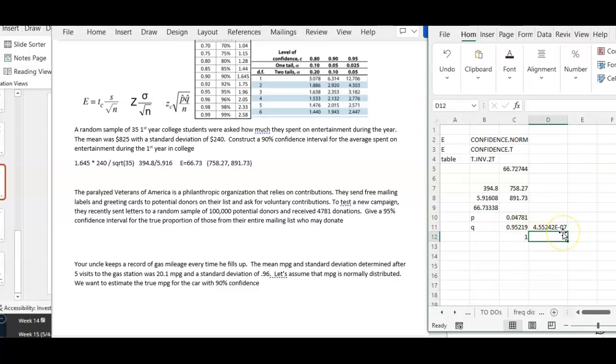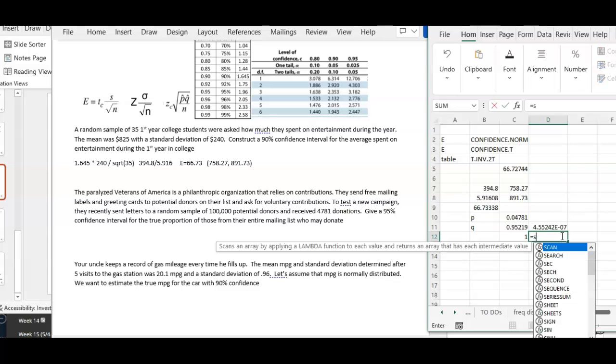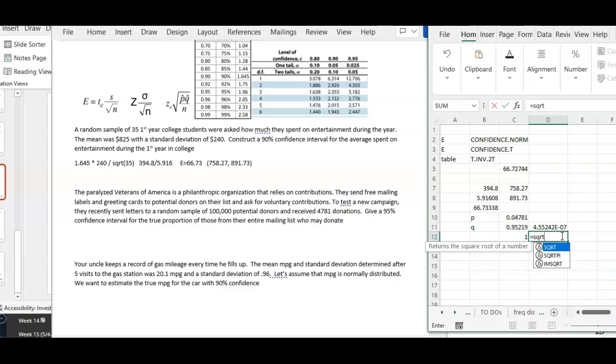That gives me this here, and I'm going to take the square root of that. Don't let that e with the minus 0.7 confuse you, that just means that our decimal place would move 7 places to the left if we wanted to write it out. So we're going to take the square root of that number, which is 0.000674716. I'm just doing this portion of the equation, and now I'm going to multiply that number by our z,